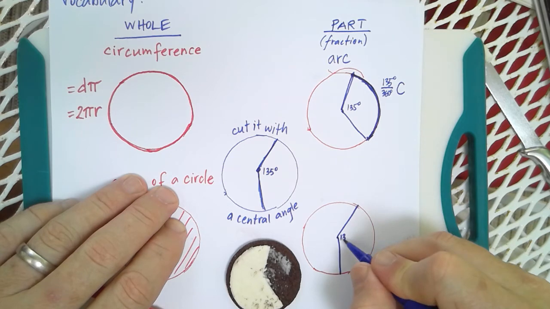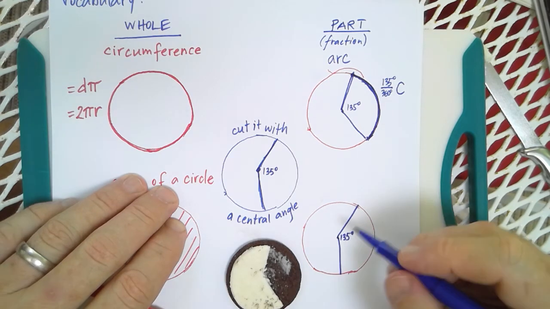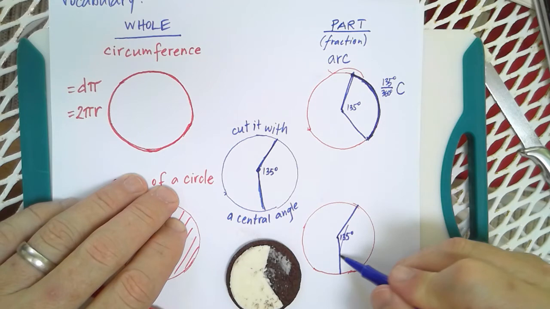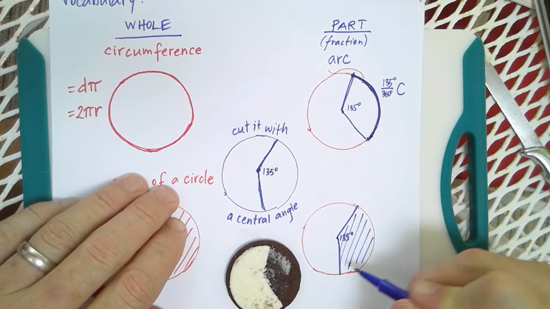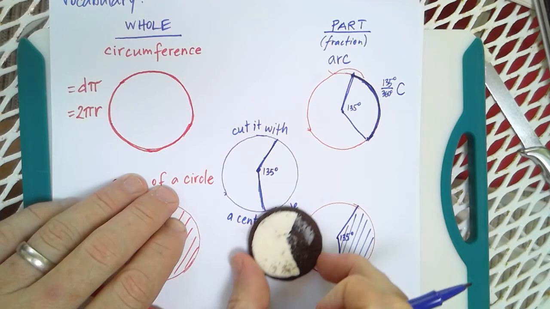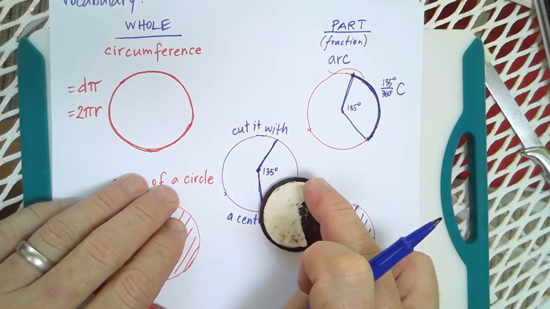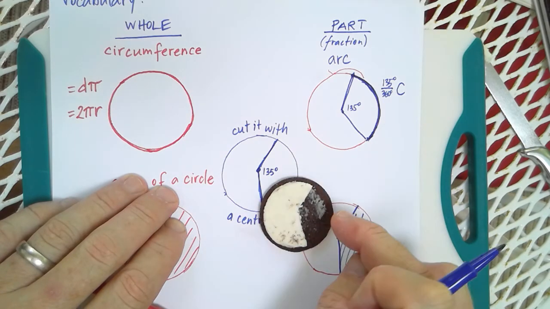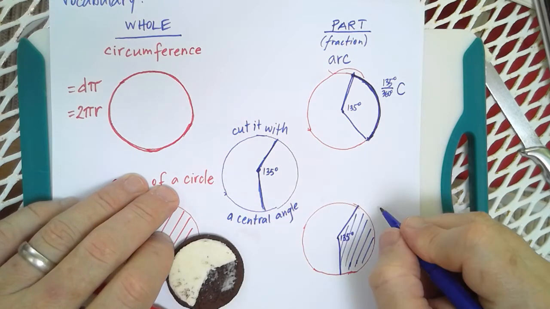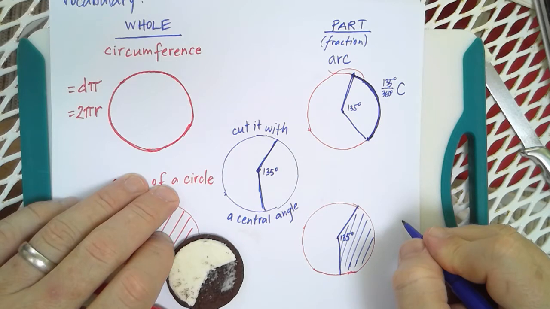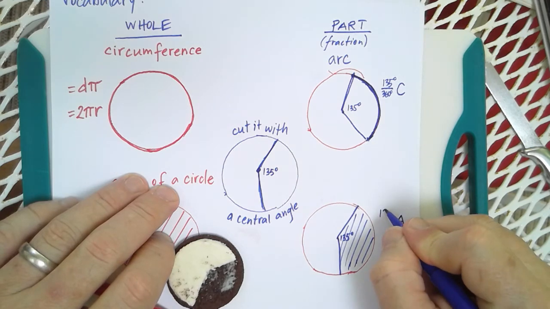But now we're talking about area. You know, what somebody ate here. The missing area here, or often in our problems they'll say the shaded in area. Well, this is also a fraction, but it's not a fraction of circumference, it's a fraction of the area. And that's about it. This lesson is not too complicated, but you can see that we are going to